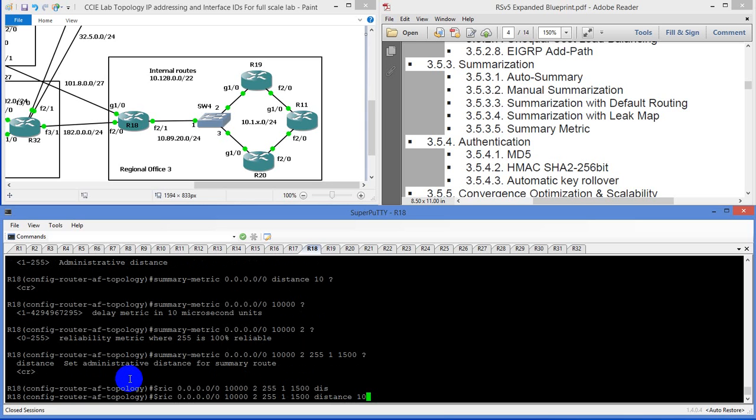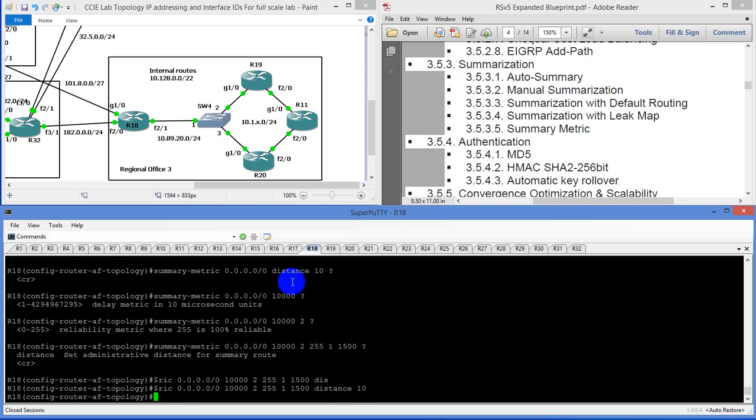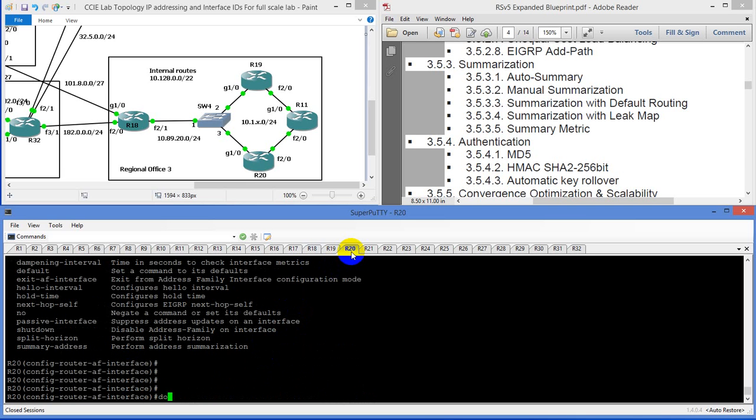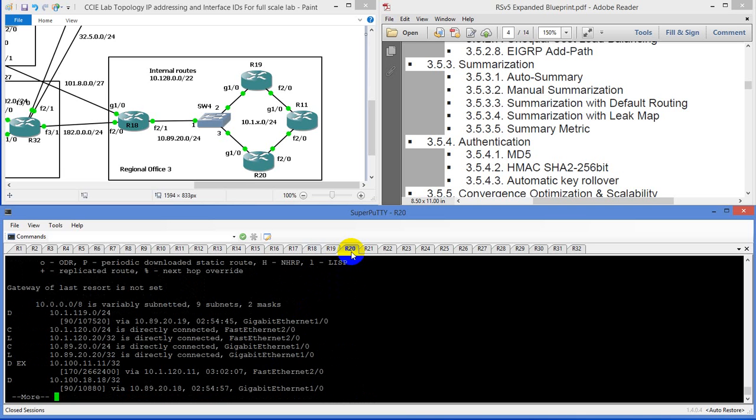And then the way that would work, we're going to go to router 20 and do a show IP route, and we are going to be getting in a